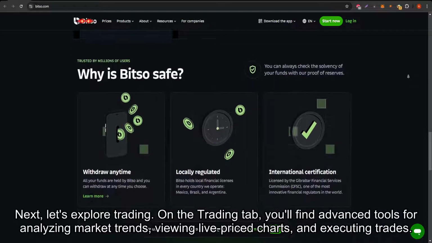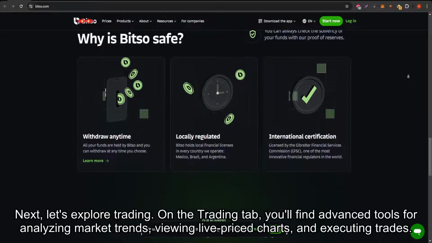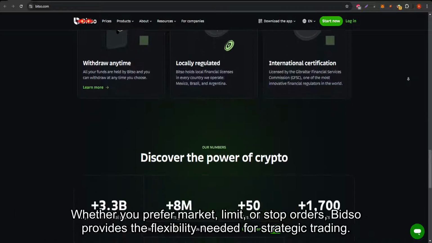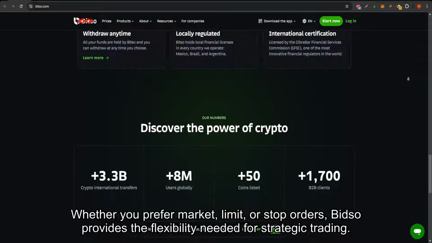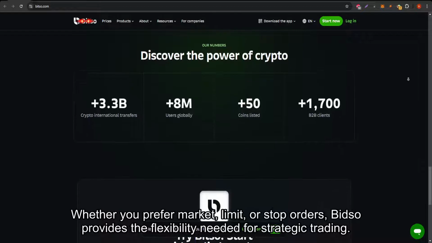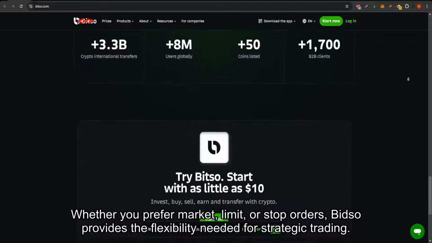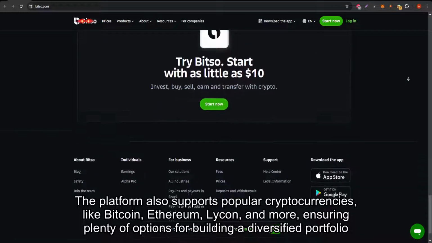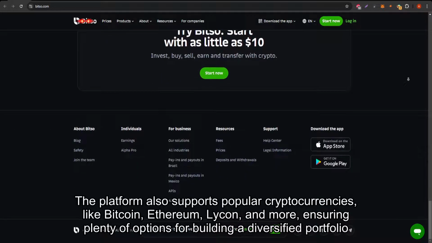Next, let's explore trading. On the Trading tab, you'll find advanced tools for analyzing market trends, viewing live price charts, and executing trades. Whether you prefer market, limit, or stop orders, Bitso provides the flexibility needed for strategic trading. The platform also supports popular cryptocurrencies like Bitcoin, Ethereum, Litecoin, and more, ensuring plenty of options for building a diversified